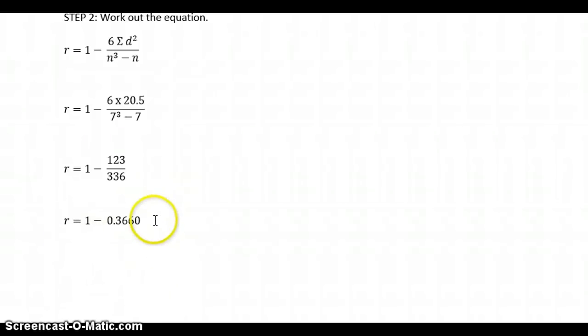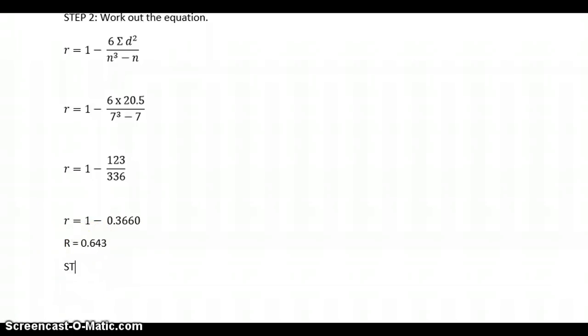And now this is the point where some people go, yep, I'm done, I can move on. But you can't, because there's this part here. So we're still going to do the 1 minus. So R equals 1 minus 0.3660, which equals 0.634. Now, because this number is greater than 0.5 and there's no minus in front of it, that tells me